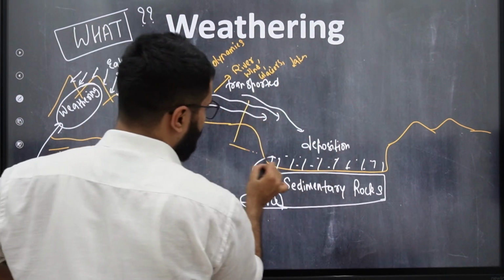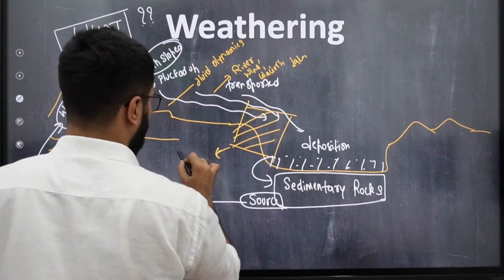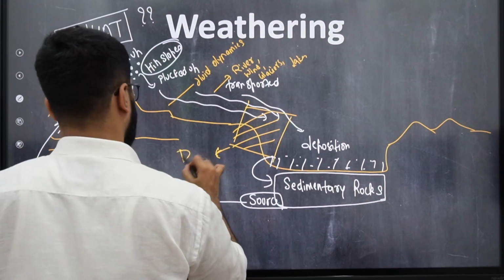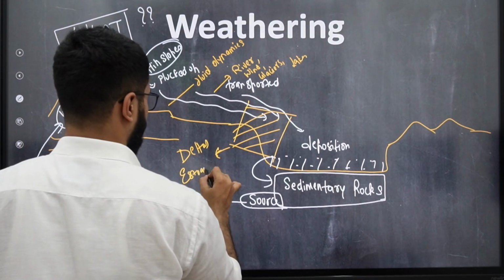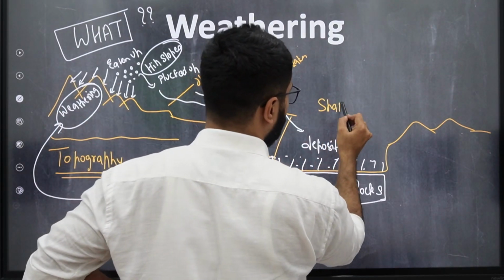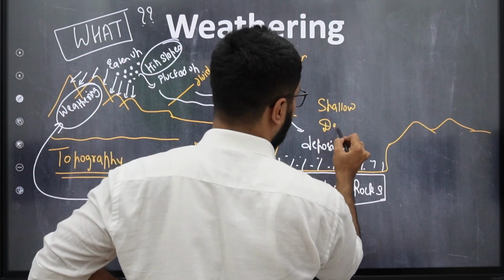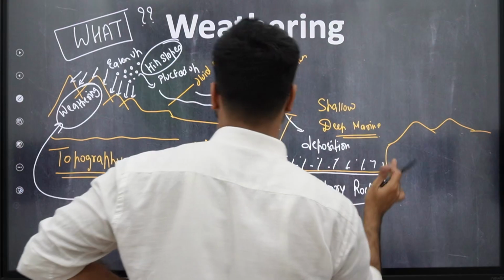Then we'll talk about the transition zone, that is deltas and estuaries. Then we'll move on to the marine realm, shallow marine and deep marine. So this is going to be the journey. But